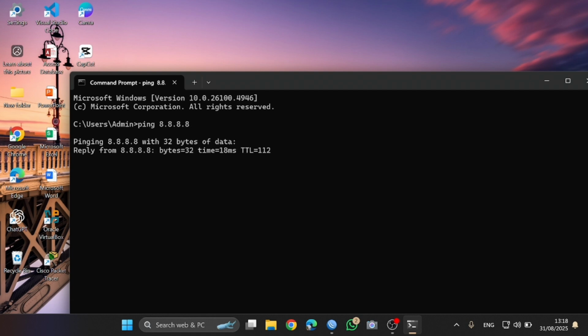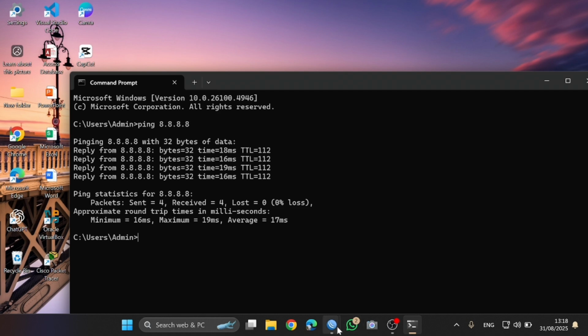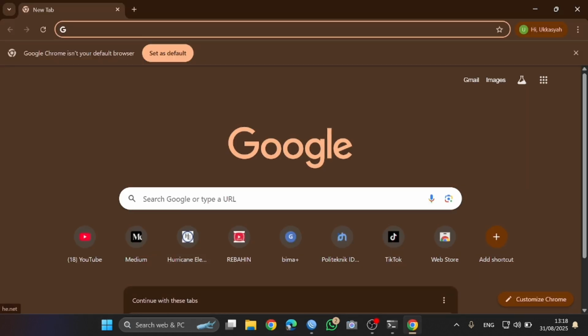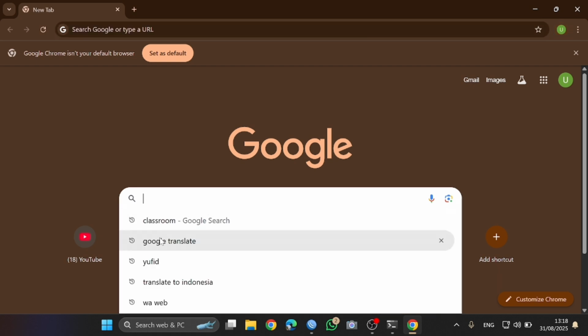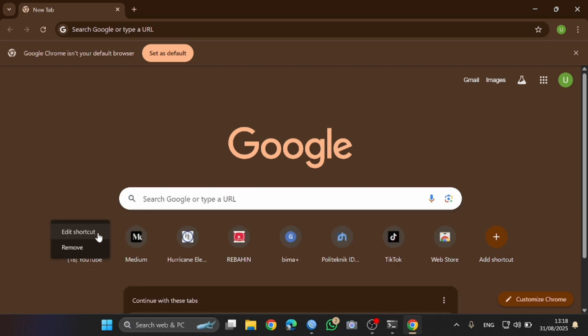Enter. And open Chrome and YouTube, and you can browse YouTube.